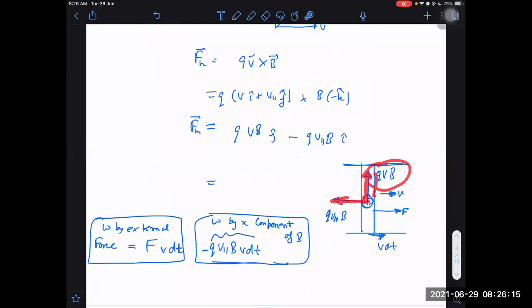But both components together will do zero work. A single component can do work, but both components together will always do zero work. Okay, so this component appears to be doing work, and that is appearing to be dissipated in the form of internal energy. Now somebody may feel that this is doing work here, magnetic, this is in opposite direction, and whatever work this component is doing, that is ultimately consumed in the form of internal energy.